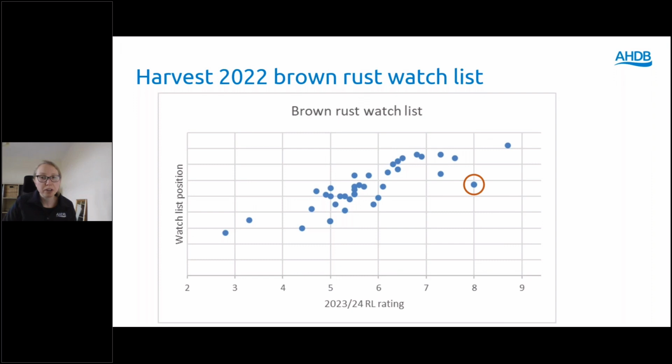This result suggests there could be some change in the pathogen population, whether that's a new race or re-emergence of an older race, which we should look out for in 2023. But the significance of this isn't known. So again, continue to monitor all varieties and send in any samples to the UKCPVS if you see anything odd going on.